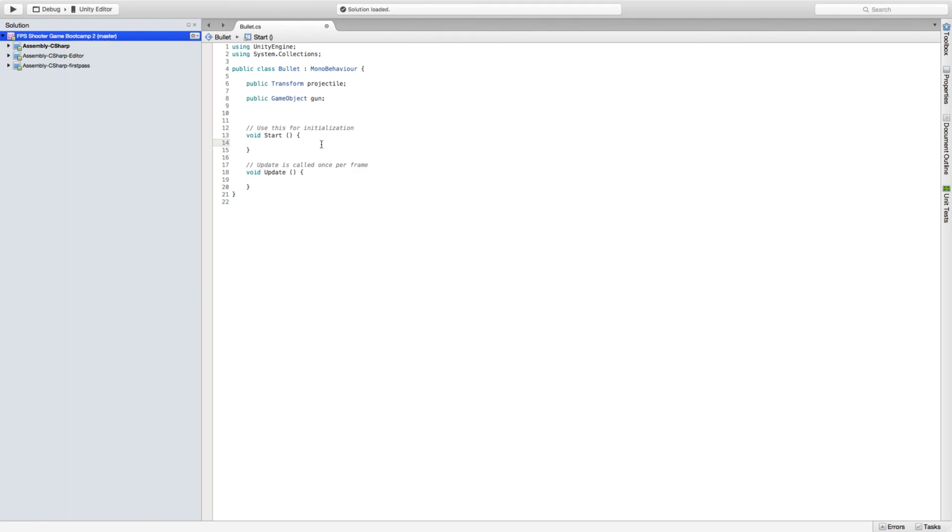We don't need anything for this script, so we can technically delete this, but let's just keep it. But in our update, we want to check if our shoot button is clicked, so that we can shoot a bullet. So this is just saying if Input.GetButtonDown("Fire1"). This is basically saying if we left click while running,